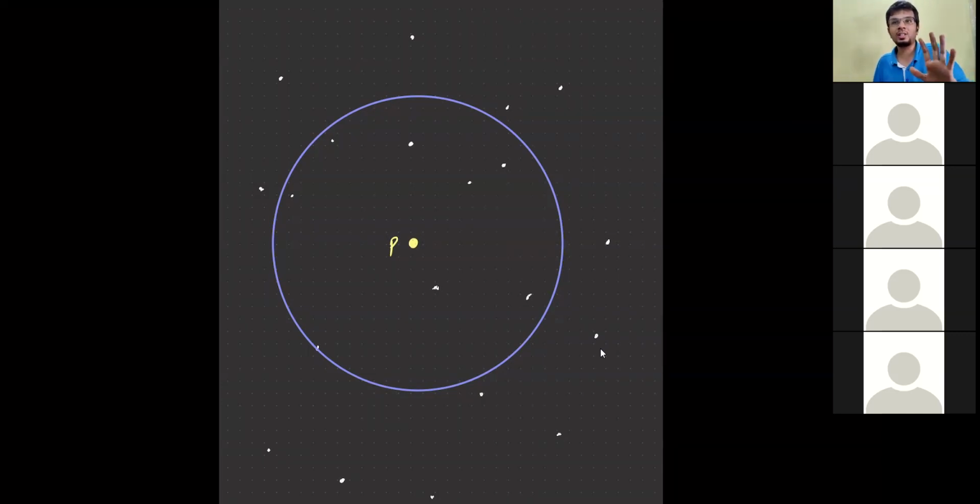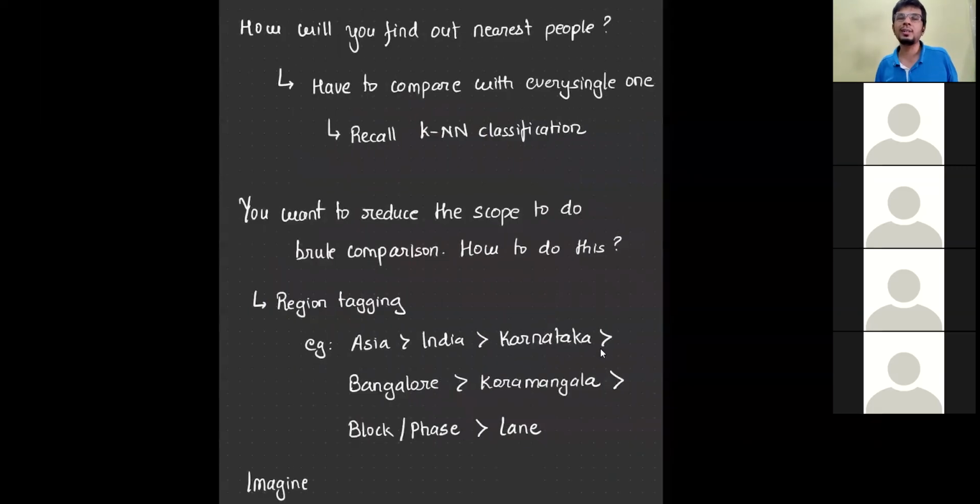So any data structure that gives you very efficient range queries can be used to solve this problem on a one-dimensional scale. But when things become two-dimensional, we suddenly are stuck because we have to go for a brute force approach. This is where GeoHash can come in very handy. It's not an algorithm, it's a data representation technique.